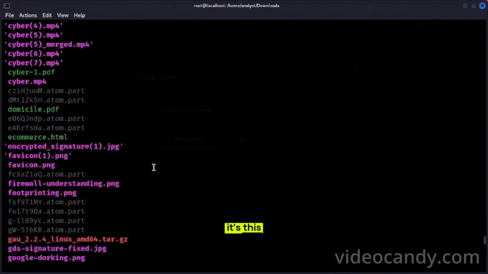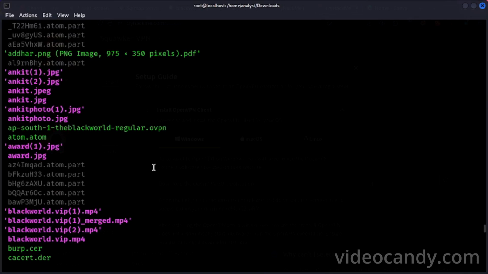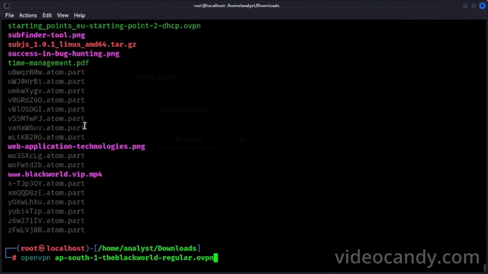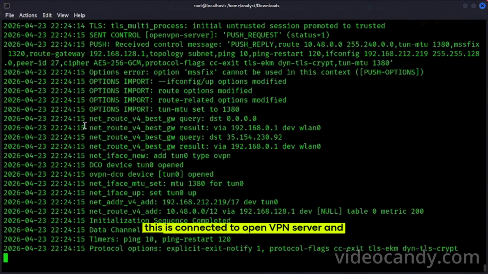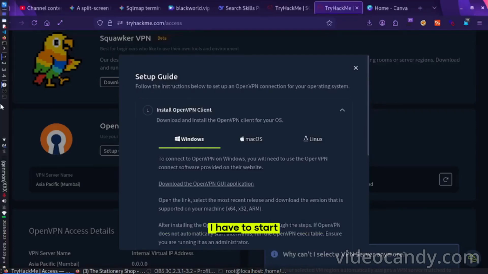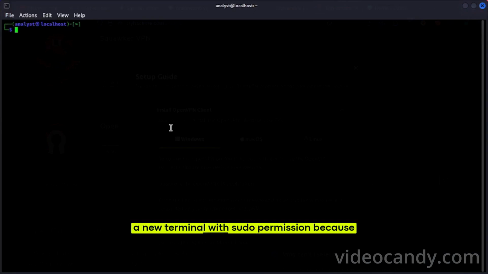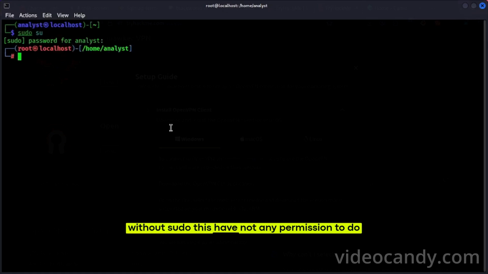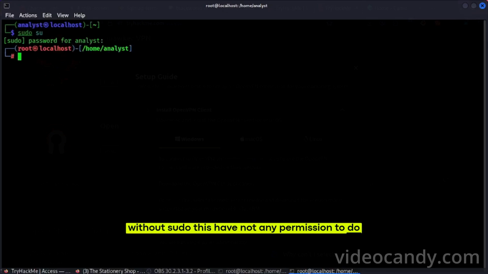Now this is connected to the OpenVPN server, and I have to start a new terminal with sudo permission, because without sudo it does not have any permission to do anything.